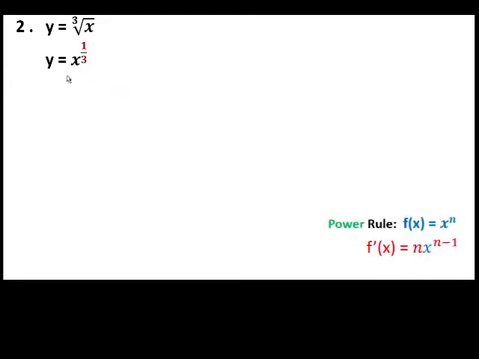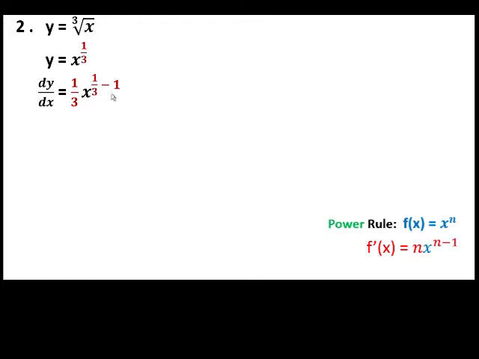Next, find the derivative of y equals cube root of x. We can change cube root of x into x to the power of 1/3, and this is the power rule. Apply the power rule. So its derivative dy dx is exponent 1/3 times x to the power of 1/3 minus 1,